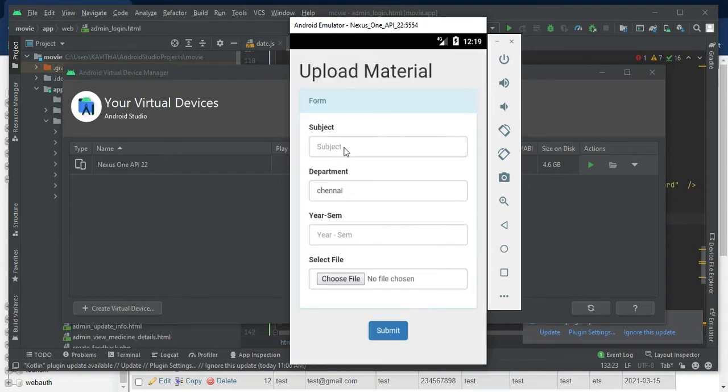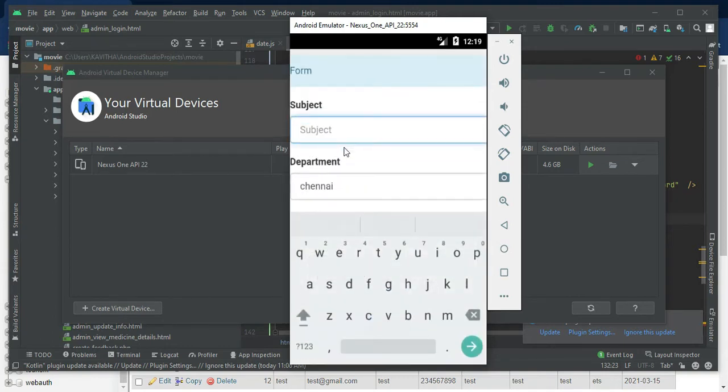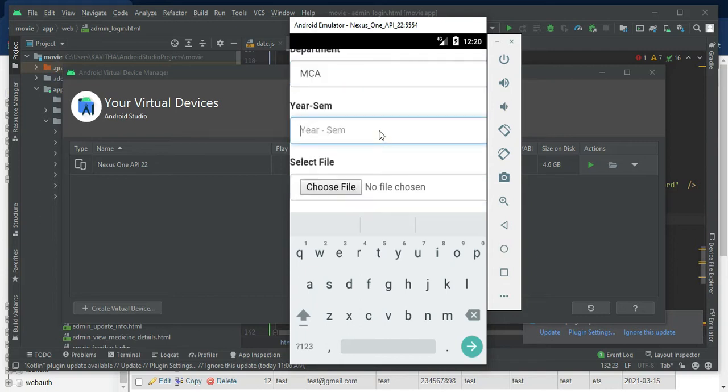Next you can add the materials, like uploading PDF materials, which students can download. You have to enter the subject, which department they correspond to, and the year and semester.